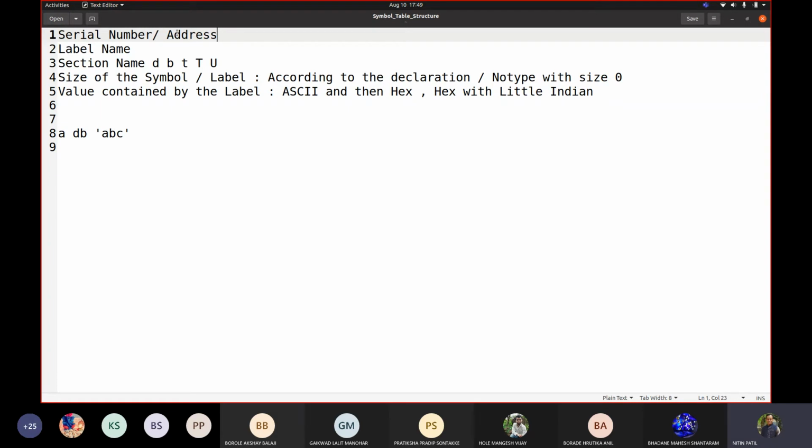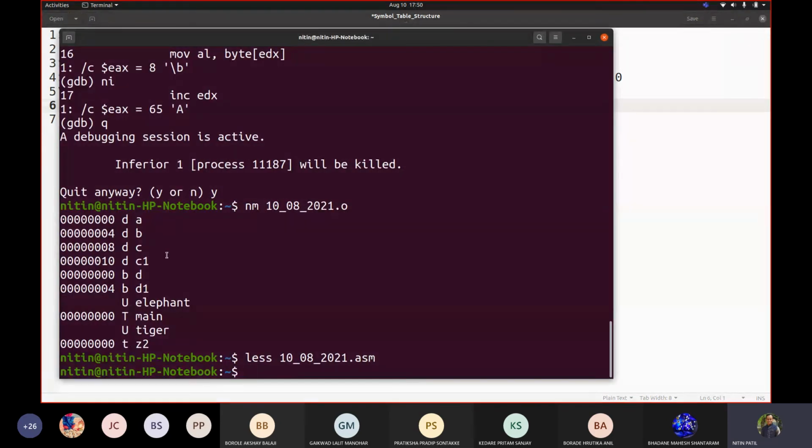To generate that object file, you will require this kind of data structure. Now, I'm not saying that these would be only specific columns. There could be a few other columns too, that you have to find out, or define, depending on what columns you may require later. Correct. What kind of treatment is to be given when it is the data section, when it is byte or BSS section, when it is defined as double, what value should be stored, when a value is written as B, then how exactly it is to be written. And when it is a label like this main, in this case, this would definitely be an address.